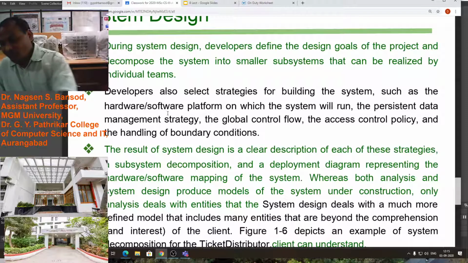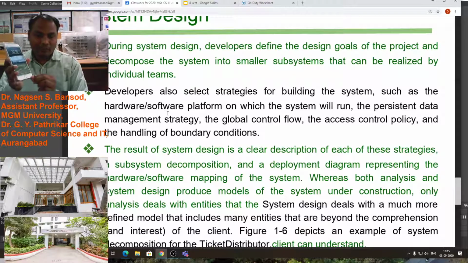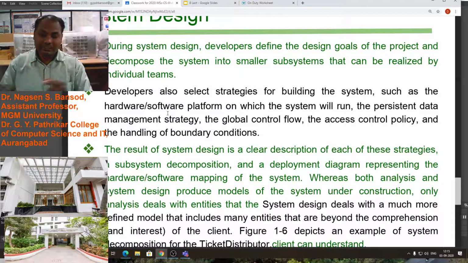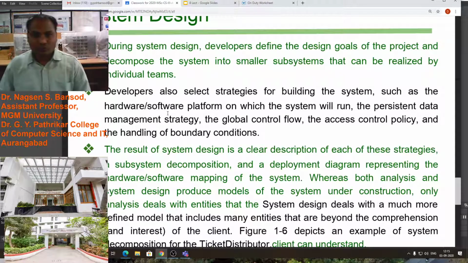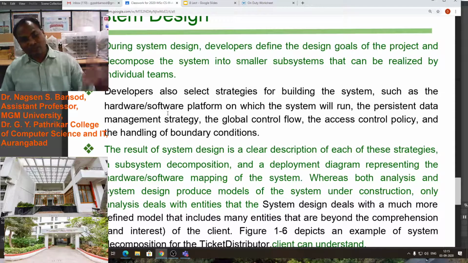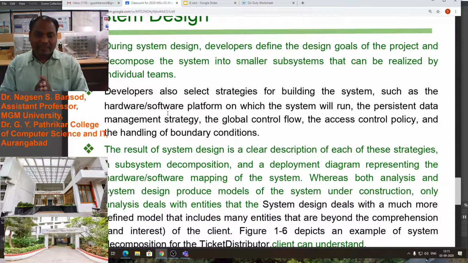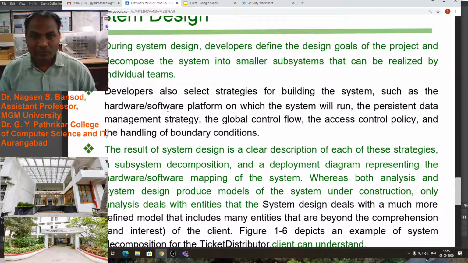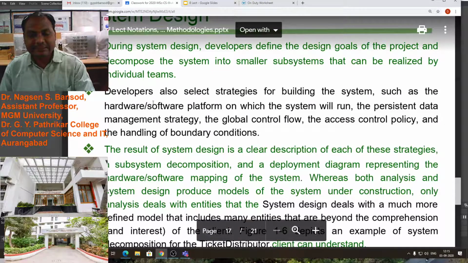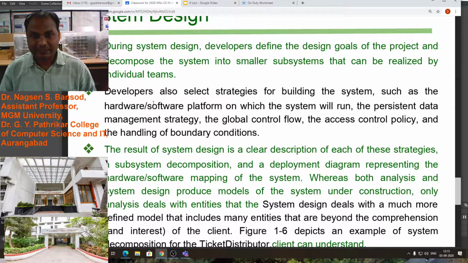Suppose you have taken the ticket from these small machines, the output of that machine should be recorded at the computer also, on the server where all the machines are connected. Such a type of software, if we want to develop, then a project developer should consider all these parameters.